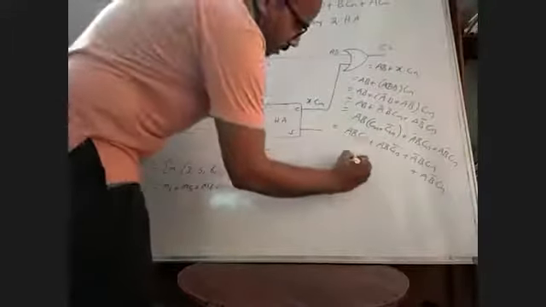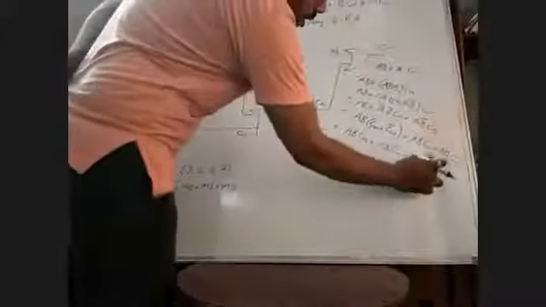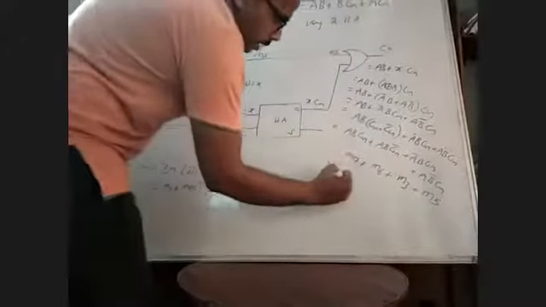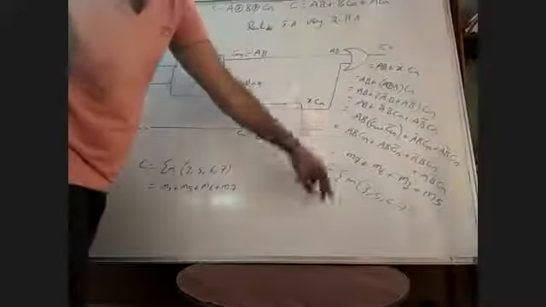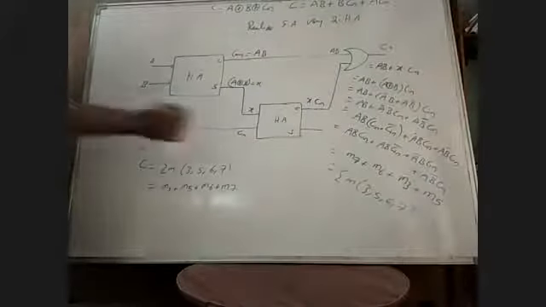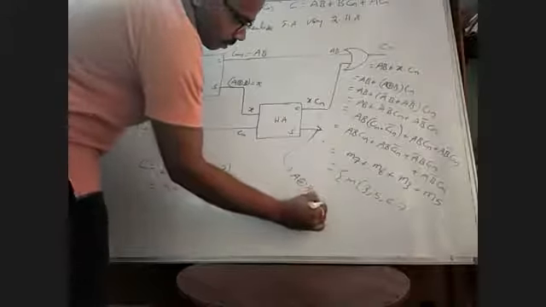To write the min terms, A B Cin is M7, 110 is M6, 011 is M3, 101 is M5. That is, we can write the sigma of M 3, 5, 6, 7. You can verify now. This output equals the carry output, and the sum output is A exclusive or B exclusive or C. The sum output, I am writing here, is A exclusive or B exclusive or C.